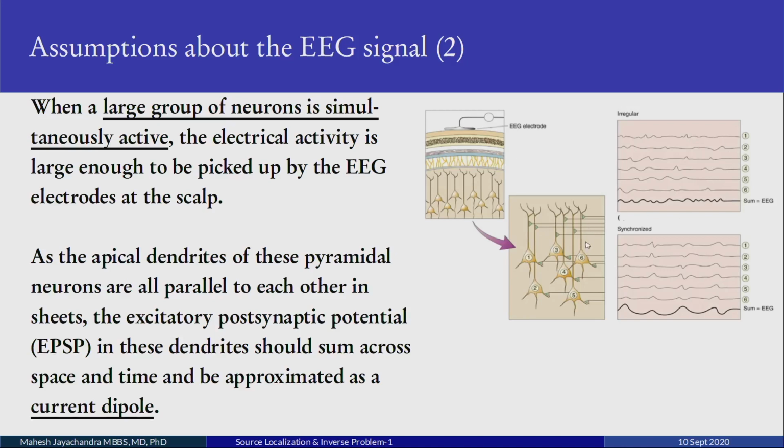But if all of them are synchronized and they all fire at the same time, more or less, then you can see the sum potentials, which reflect the summed activity of all these neurons firing synchronously. As the apical dendrites of these pyramidal neurons are all parallel to each other, the EPSPs in these dendrites sum across space and time, and you have an approximate equivalent dipole which considers the activity of all these